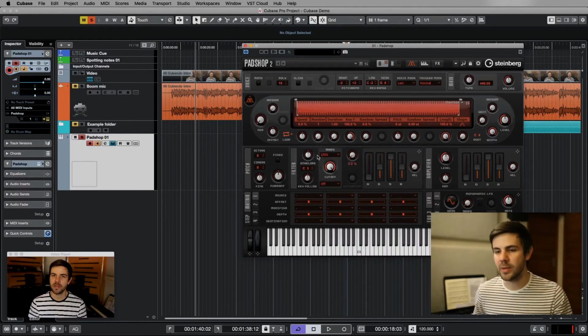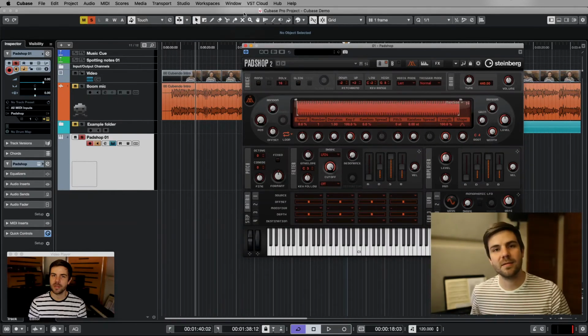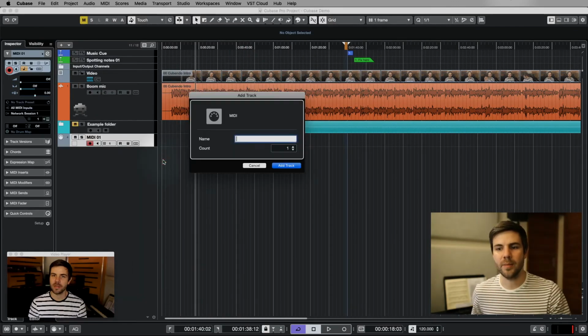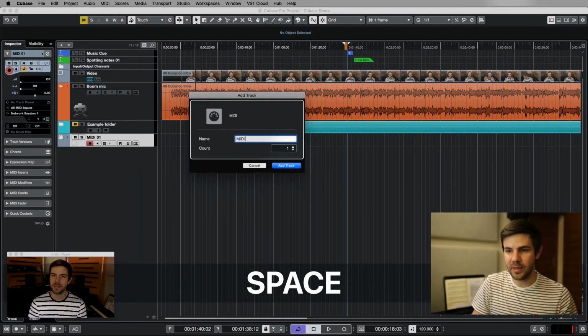Now, this is not a video on MIDI and MIDI editing. Cubase's MIDI editor is fantastic. You can do amazing sequencing work on there, working with virtual instruments, but that's the topic of a different video. That's your instrument track. And let me just quickly show you, when you add a MIDI track, there's my MIDI track,